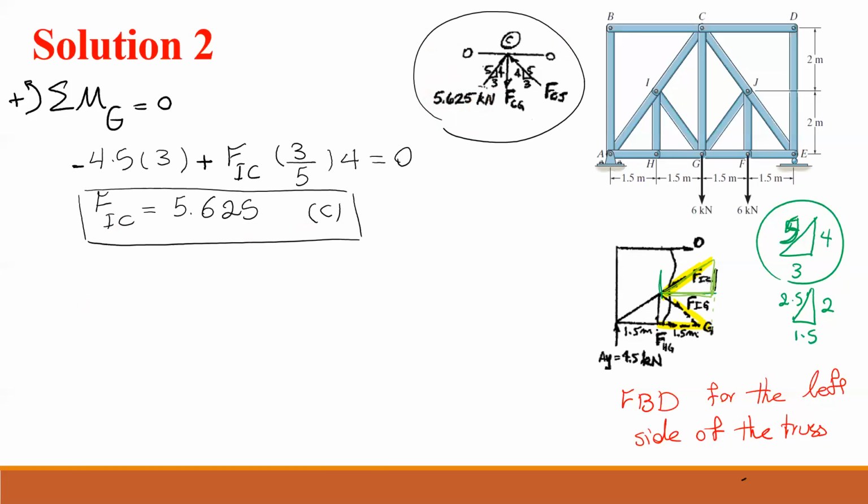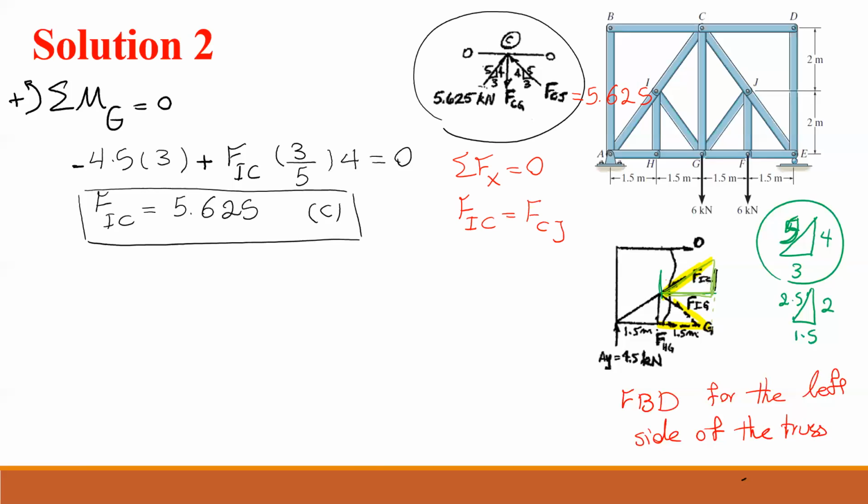So whatever I have for CI, because of the symmetry, I get for CG. So I already know CG also is 5.625. So this one is also 5.625. Why? If I write sum of Fx equals 0, I get